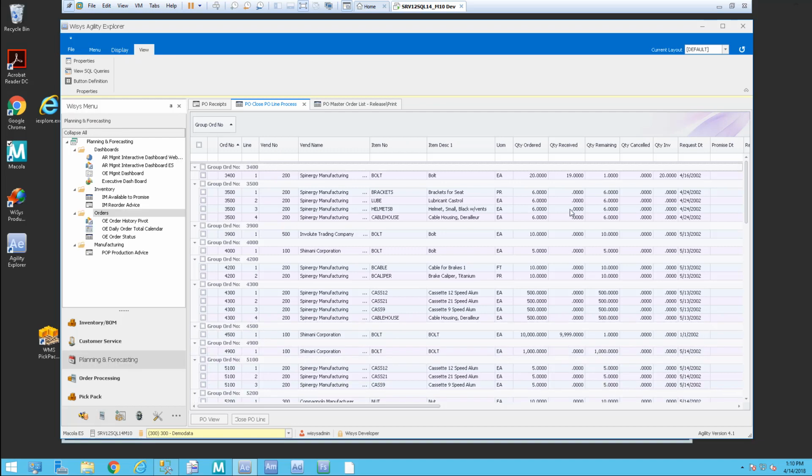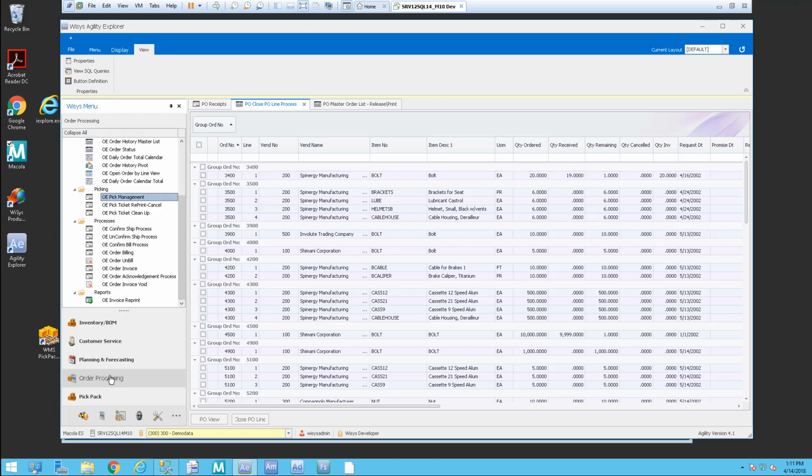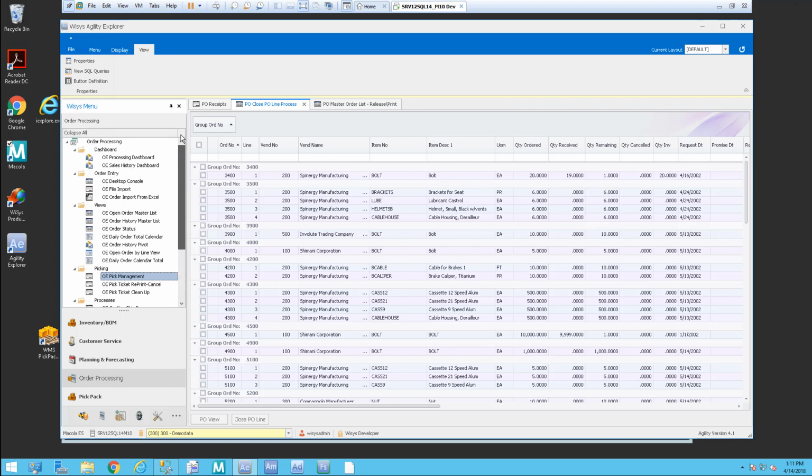The next area that we're going to take a look at is the order processing. So I'm going to click on the order processing menu here, and you can see I have a lot of different items for some dashboards, the order entry stuff, some order views for statuses, pick management, and some processing here. We're going to go ahead and open up the OE pick management here,